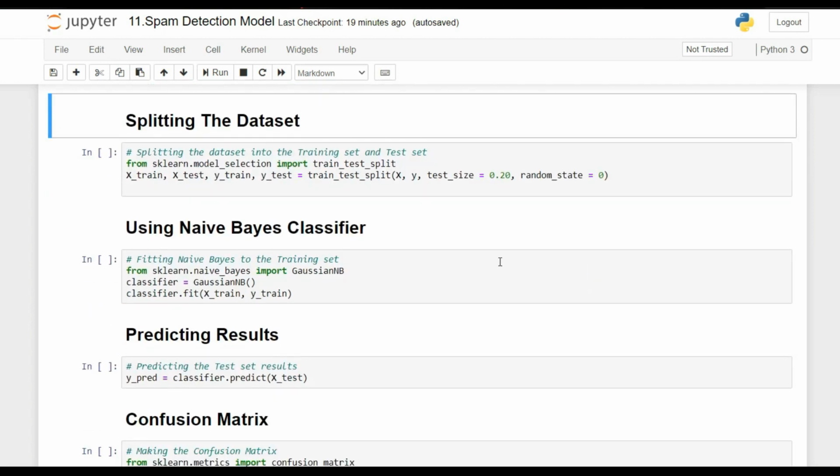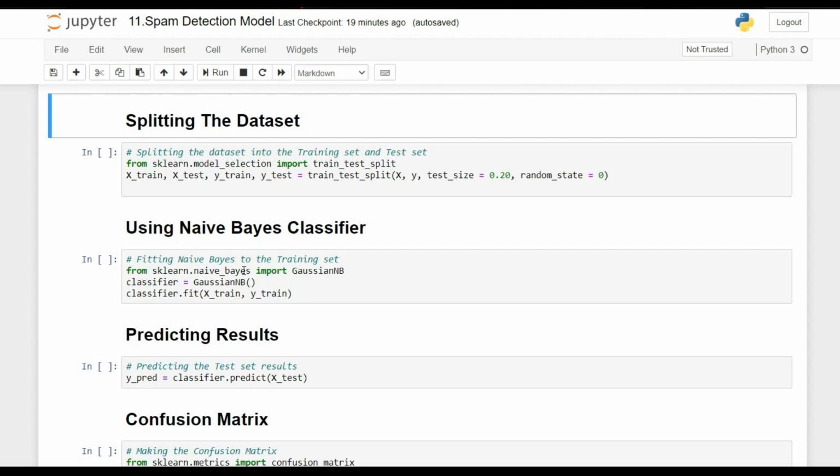Now guys, I will not go deeper. We have a dedicated course for ML models, including the naive Bayes classifier I am using here. You can watch that course. I will provide you the link in the description. I will just brief you on what naive Bayes does. Naive Bayes is a probability-based model. We are using Gaussian NB here.